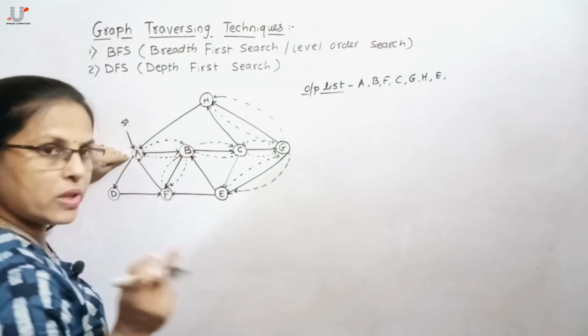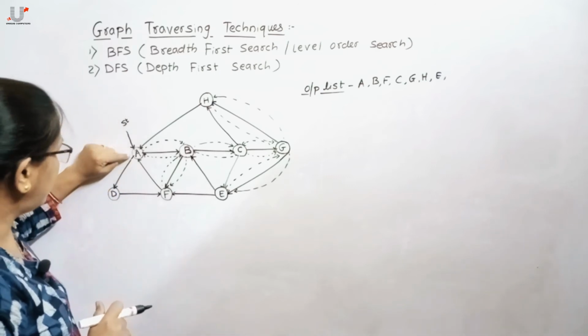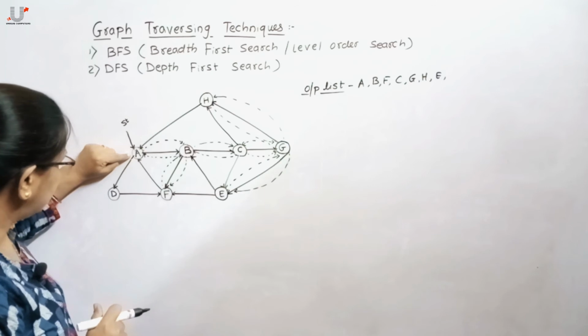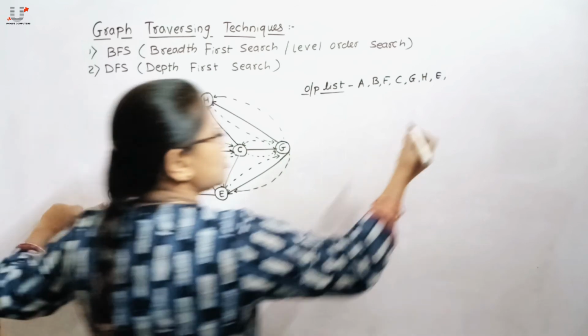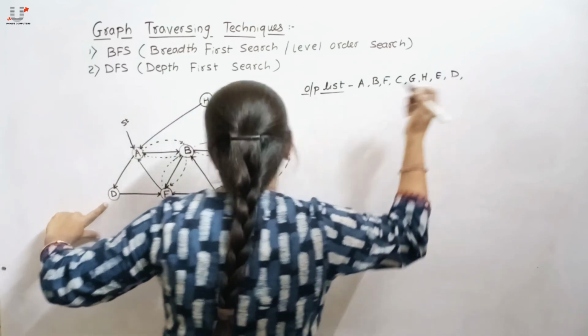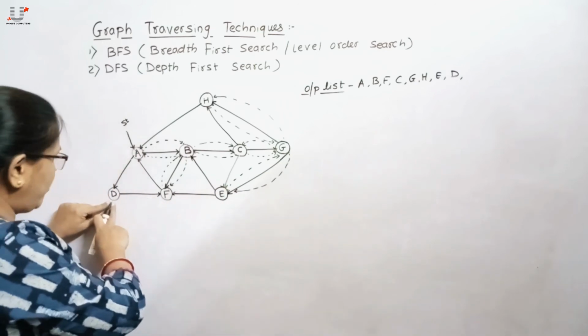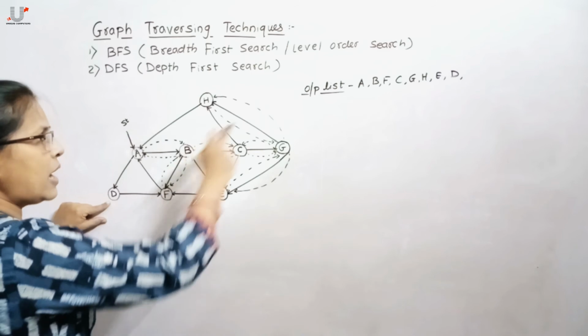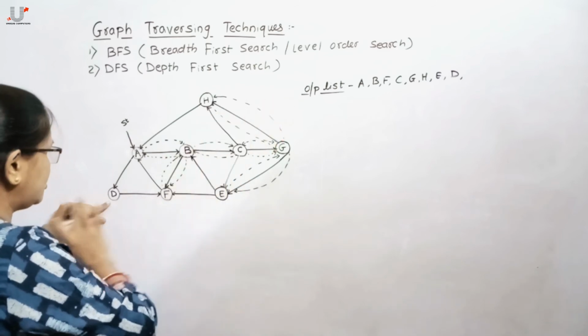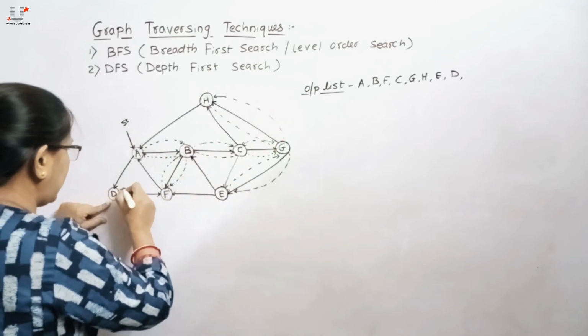Then again check whether unvisited adjacent node of this A is there, yes, it's D, so add that D into the output list. Then check whether unvisited adjacent node for this D, it's F, but as F has already visited, so don't visit it again. Again backtrack,